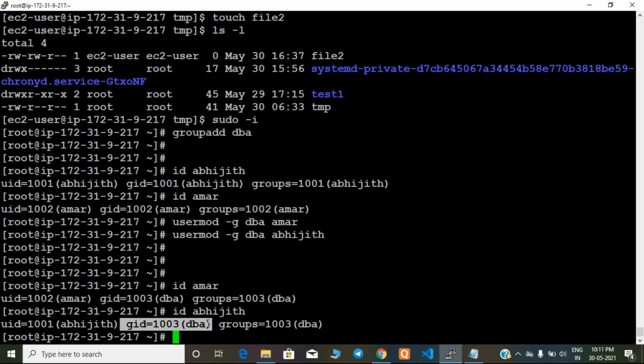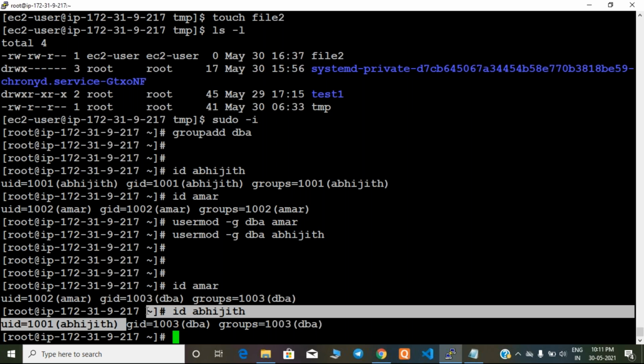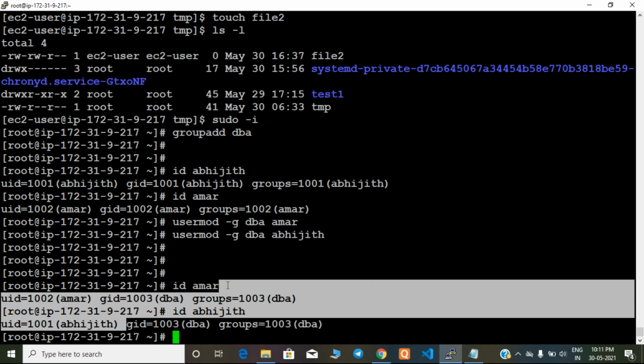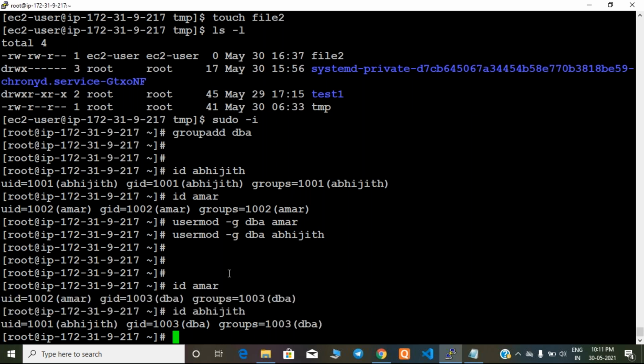So now onwards, example, Amar creates a file. Who will be the owner of that file1, guys? Example, Amar created file1. Who will be the owners then? Guys, Amar. Example, Amar created file3. Who will be the owner of that file3? Amar only. Amar, then Amar, Abhijit as well, two owners.